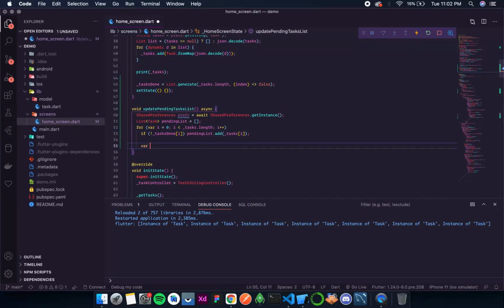So for that pending list, we need to create a pending list encoded, and over here we again use the List dot generate, and the length will be pending list dot length.